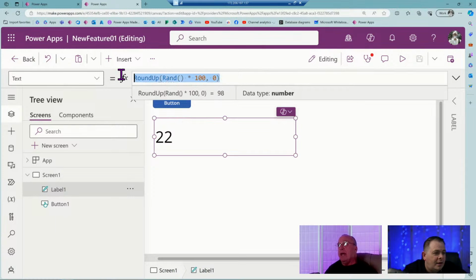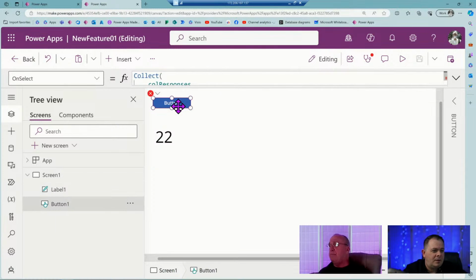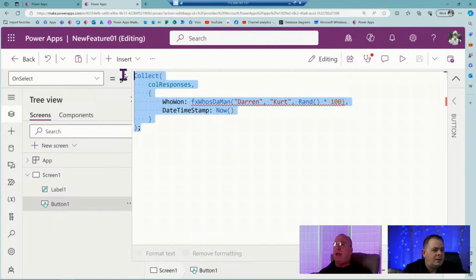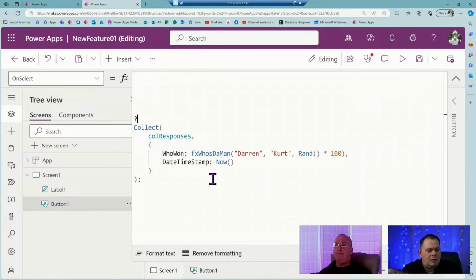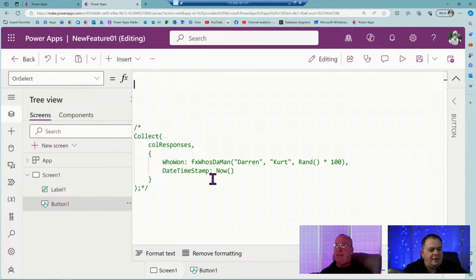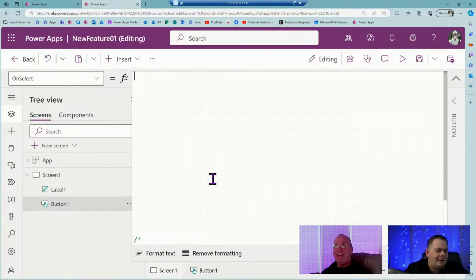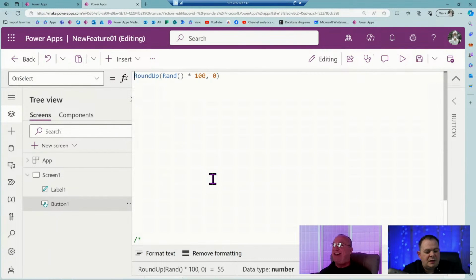Now go and click your button. Let's take that function that you did, that whole code, highlight that code that you've got in the text, and put that into a variable and put it on your button. Kurt, would you like that to be a global variable or a local variable?